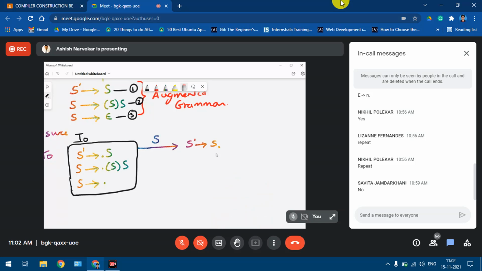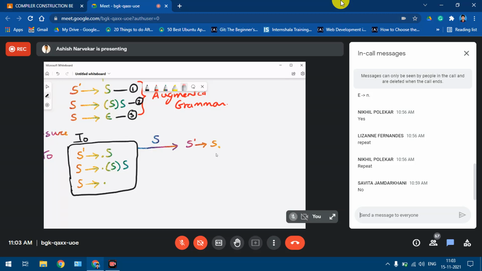Now again scan the entire set of items and check whether, apart from the first production, there is any other production in which there is a capital S before which a dot appears. In production number 2 in this state I0, the dot is on the left of an open bracket.